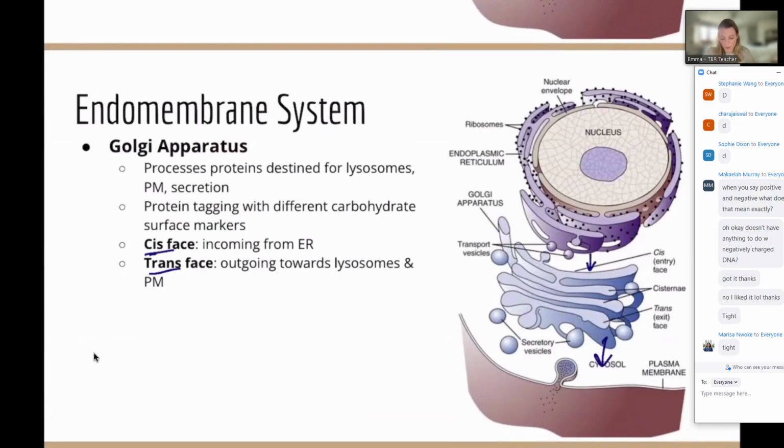So you can think about this as if this was a post office. The endoplasmic reticulum is facing the street side. I enter there, I have my package, and I give it to the post office workers. They've labeled it, packaged it, maybe repackaged it. It then goes behind these mysterious doors. I'm sure we'd all love to know what's behind there. It gets sorted and resorted and eventually put on a truck to leave out the back and go where it's going. That's the trans face, the back side of the Golgi.